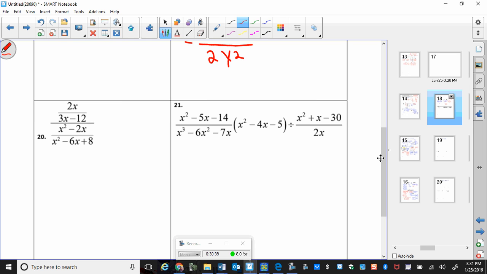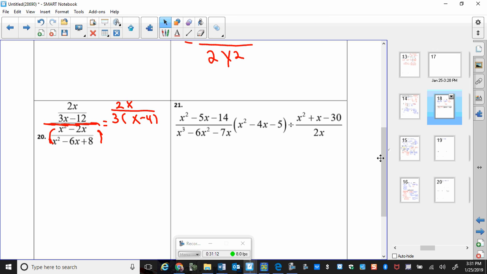Number 20, I have 2x divided by 3x minus 12. And if you notice this big dividing bar here, right? Well, it's just similar to the other part. We're going to switch this to the top and this goes to the bottom. But first, I want to factor things out before I get started. So I'm going to just rewrite everything over here. I have 2x divided by 3 parentheses x minus 4 on the top. And then I have that big dividing line that suggests that my fractions are going to be flipped